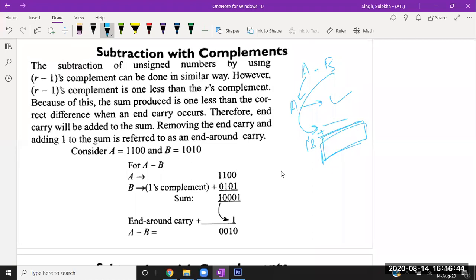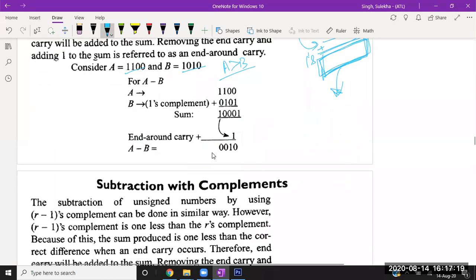After writing it, we add those numbers and we get some result. On the basis of this result, whether there is an overflow or not, we judge what we need to do next. So we are taking the same example for the one's complement method also. Like a is this one, b is this one. The first example is where a is greater than b. After concluding all the things, we don't know whether a is greater than b or not. We are just writing a few steps that you need to follow.